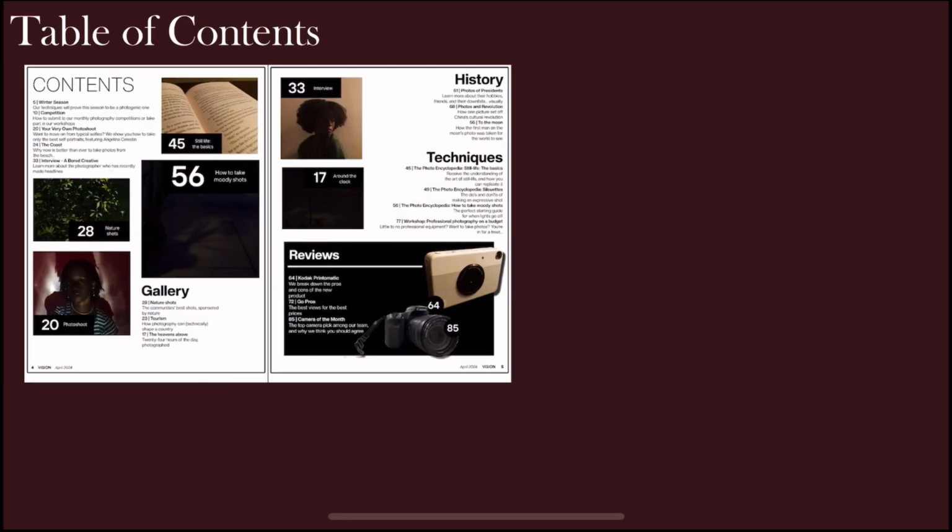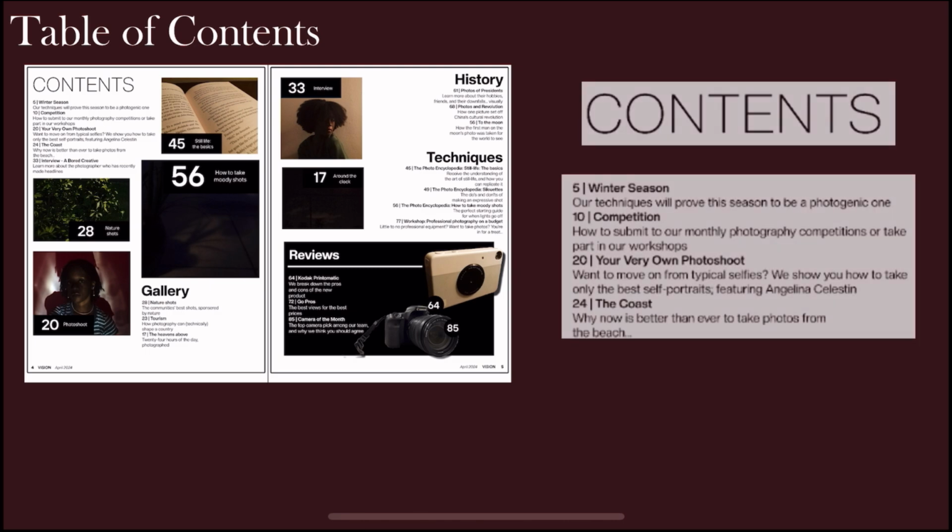Although the average number of photos in these magazines is around 8, I decided to get 6 photographs because I didn't want to end up making any of my photos smaller than they already were. I used a different font for the contents and another font for the word contents itself, and I made sure that these two fonts were very similar to each other to avoid the reader being confused about the theme of my magazine. Concerning color and design, there was no specific theme to go by, since photography magazines usually don't have a theme for their content unless it's for something special like a black and white edition magazine.